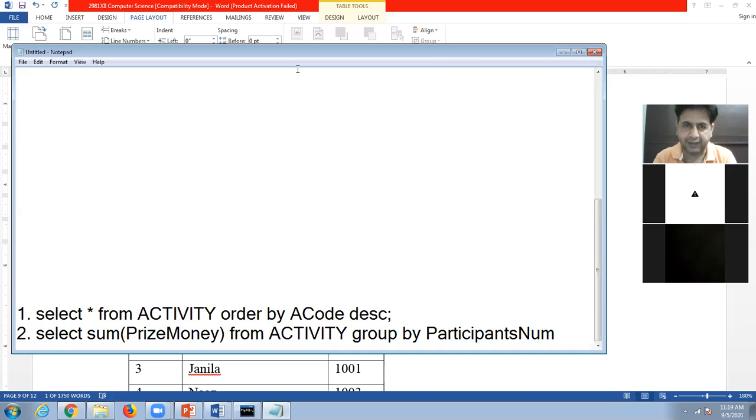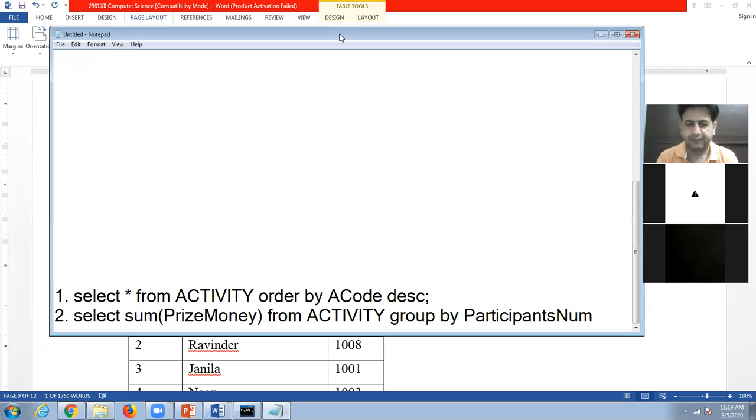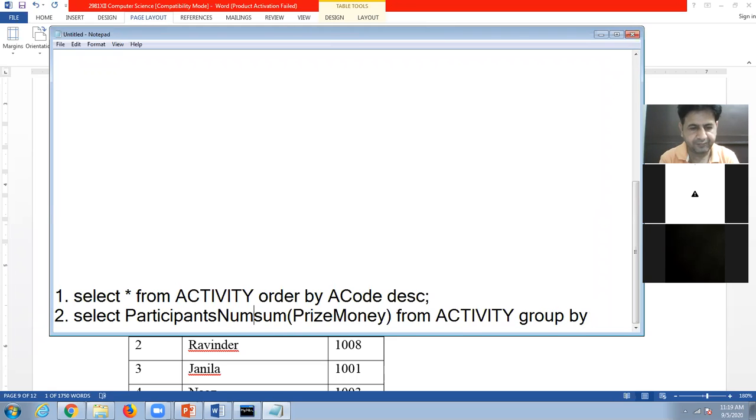But it will display the sum only in one column. So if you also want to display the participants num, you can use the field name before that. Look here: participants num, comma, sum of prize money. So what will be the output?